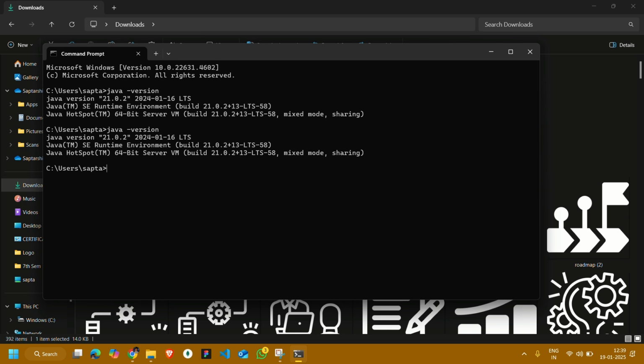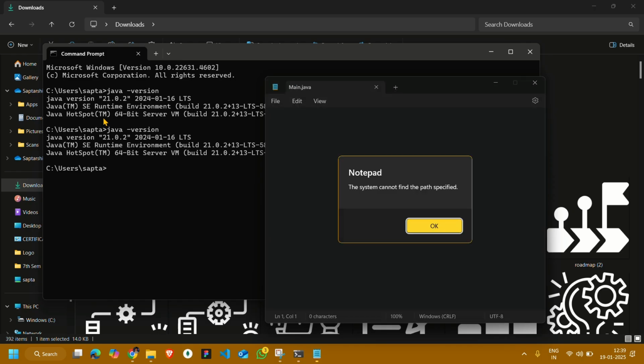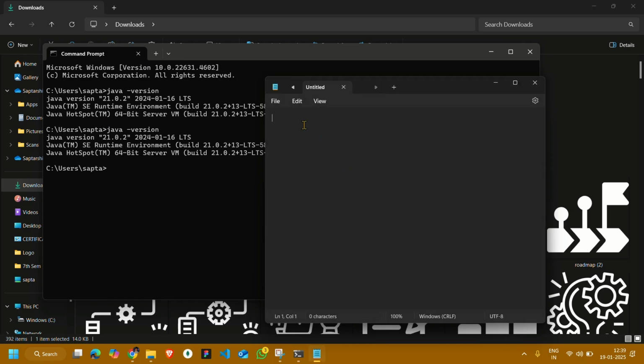Okay, after Java is installed, open Notepad. In the Notepad you have to write the first Java program. So now we can write our first Java program, that is Hello World. So in every Java program, the whole code you have to write inside a class. So public class Main, then we have to write the main method,